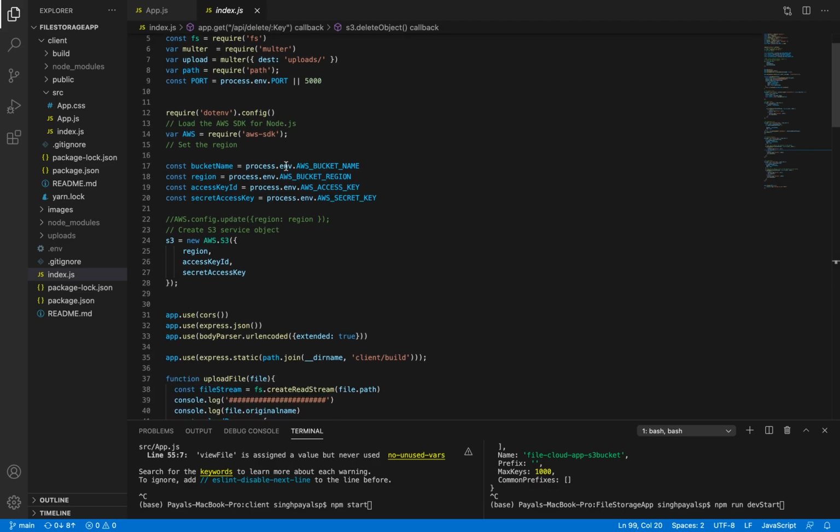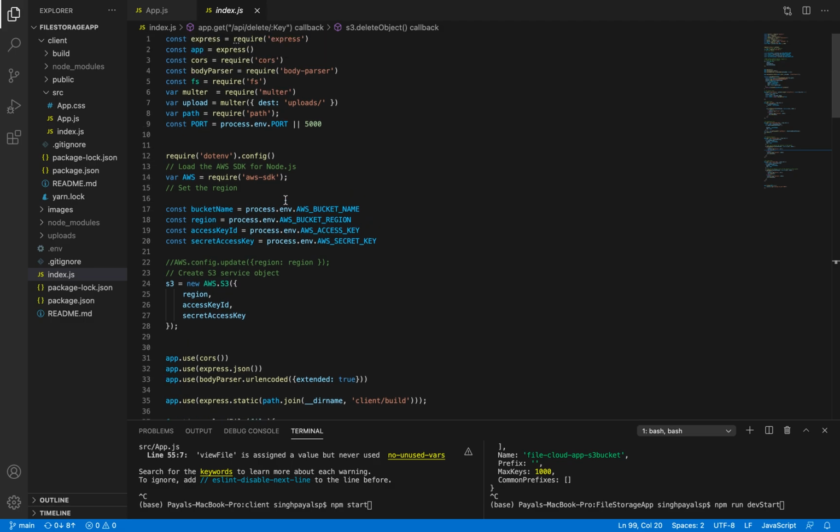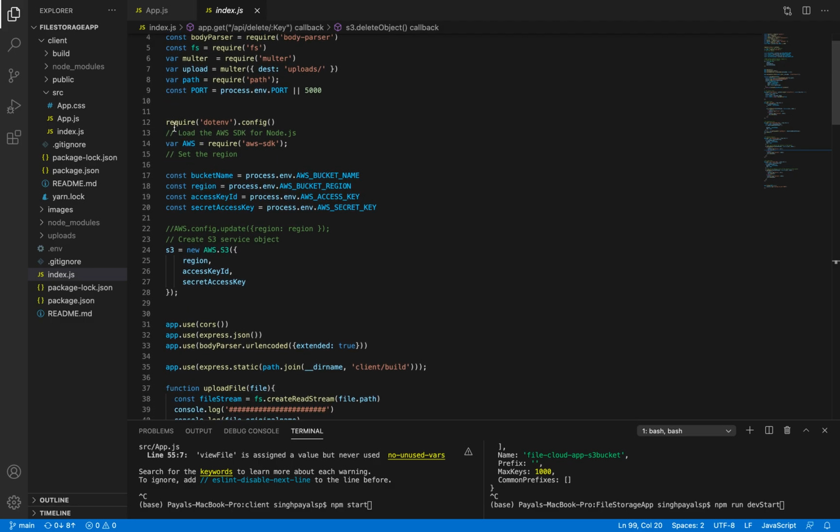What happens here is we are using a .env file, so it will create environment variables. Because of security reasons, I am not going to show this .env file, but in my .env file there is my AWS bucket name, AWS bucket region, AWS access key, and AWS secret access key.